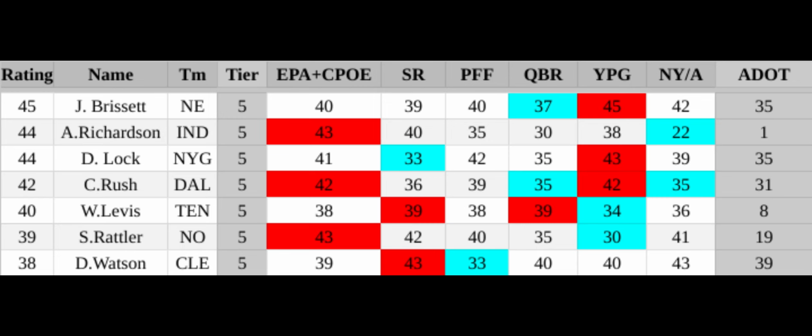Number 42 is Spencer Rattler, who is definitely not good by any stretch. Like, I'm not trying to say that, but there's at least some intriguing parts to him. Yards per game at 30th, that's somewhat promising because the ball was largely taken out of his hands because, one, he's not good, but two, he had Kamara as a running back, and the offense was kind of conservative. And the thing that really stands out to me, though, is 19th in average depth of target.